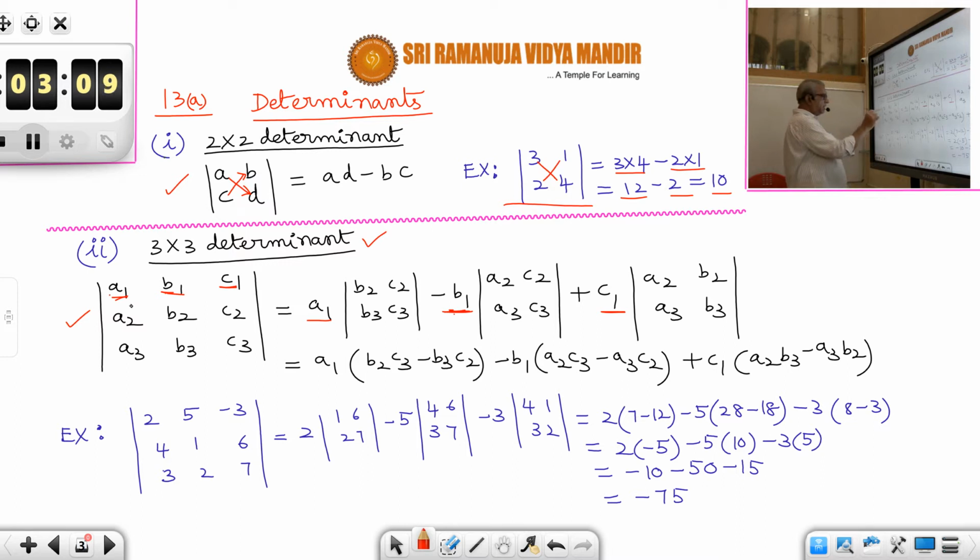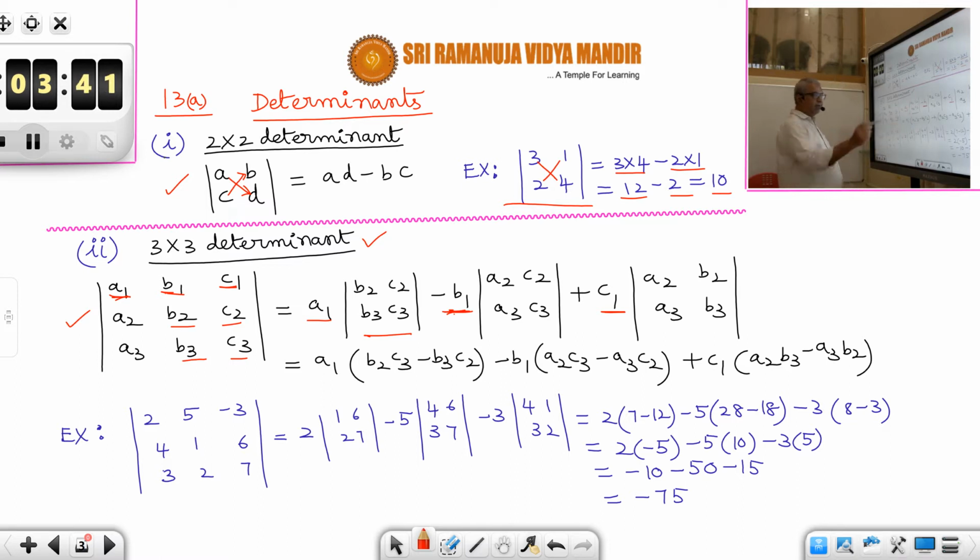And then with A1, you have to multiply its minor. What does minor mean? I will explain. A1 is in which column? First column. A1 is in which row? First row. So remove the first row and first column also. Which 4 elements are remaining? B2, C2, B3, C3 are remaining. So you have to take that 2 by 2 determinant. Understood?